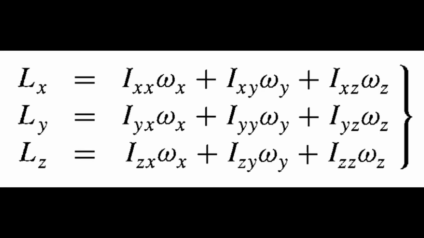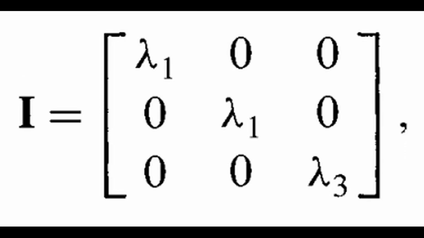We need to find the inertia tensor in order to calculate the angular momentum. The inertia tensor is a 3x3 matrix made up of moments of inertia from a rigid body. Multiply the matrix by a certain angular velocity vector and out comes the angular momentum. For the case of our sleeping top, the symmetry about the E3 axis simplifies our inertia tensor to the following